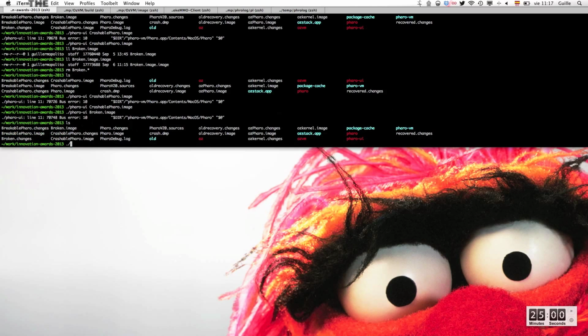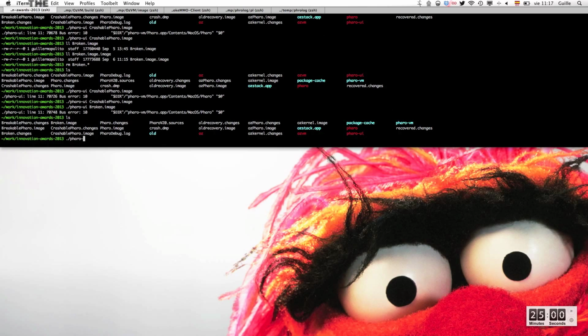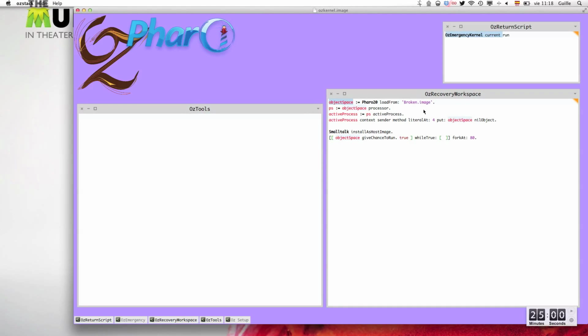So we will open an OS recovery kernel with OS. This OS recovery kernel, we have already prepared a workspace for the demo, but what we will do is to load a Faro image into an object space. An object space is a reification of an image, and then we will start to modify the objects just to fix it. So what we will do is we load the image,